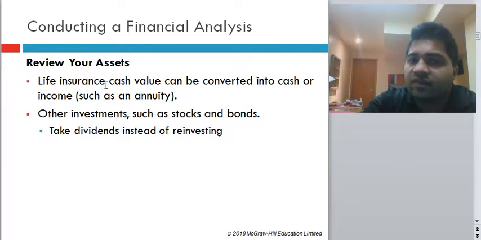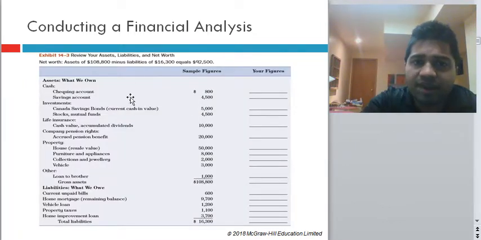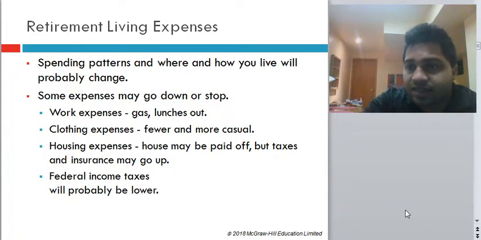Then you may also have life insurance policies that can be converted into cash or income. You may have other investments like stocks and bonds that can be used for your retirement. So you generally make a list like this. This we have seen in money management. You calculate your net worth. You calculate whatever you own, minus your loans, and you calculate your net worth. Next is